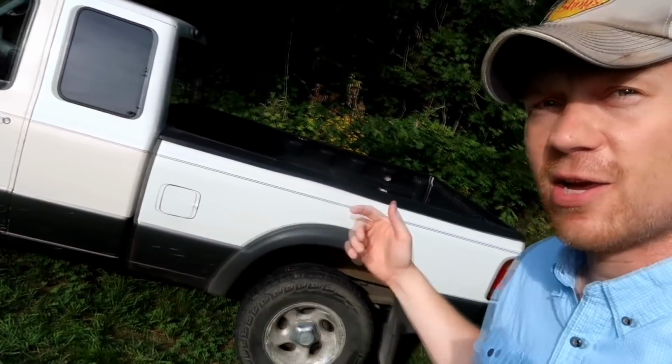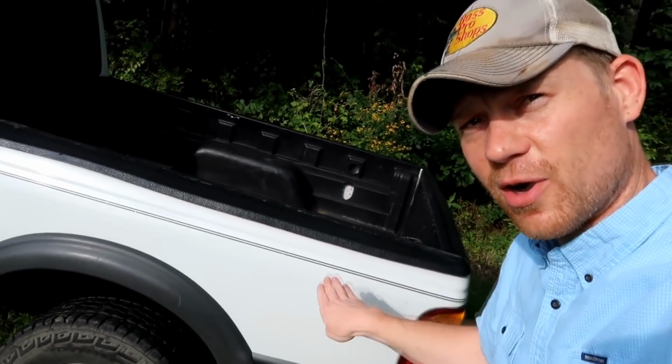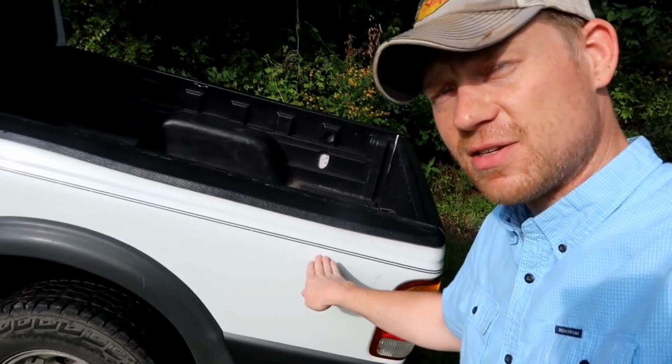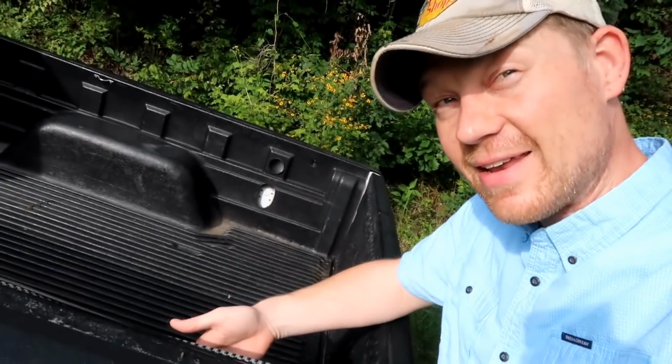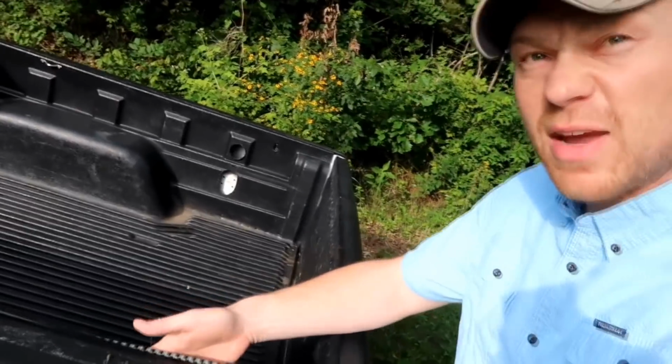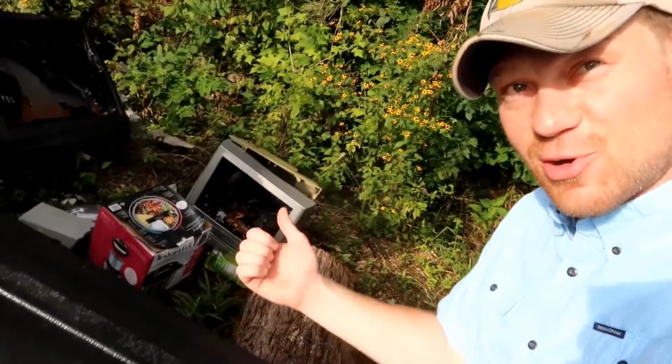So hopefully I don't put any tail lights out or anything like that. But here's what we're gonna do. This back section right here, we're gonna shoot even with this, see if it goes through this side, through the inside of the metal, and then this bed liner. See if it goes out this side, and see if any of the bullets pass through and out the other